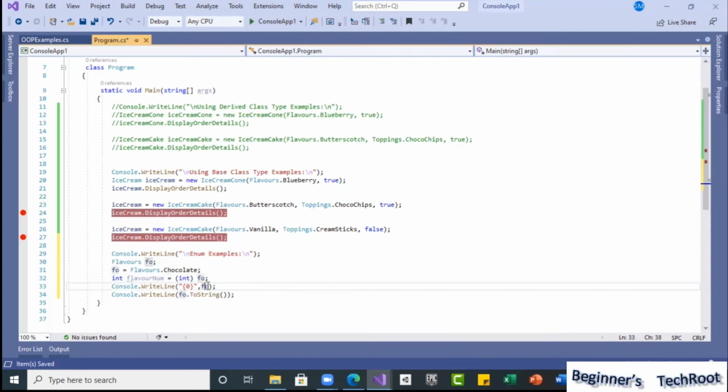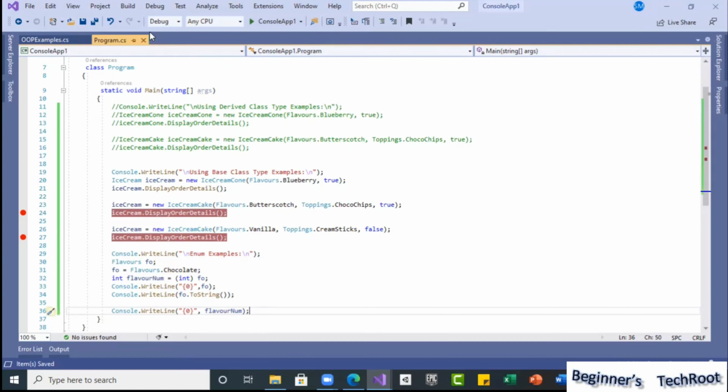Here we are displaying FO directly. Here, this value, how does it display on the screen? For example, flavor number. If I use the flavor number, what value will be displayed?